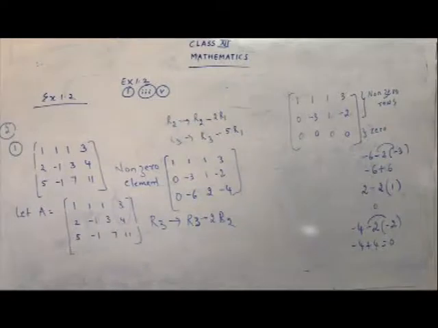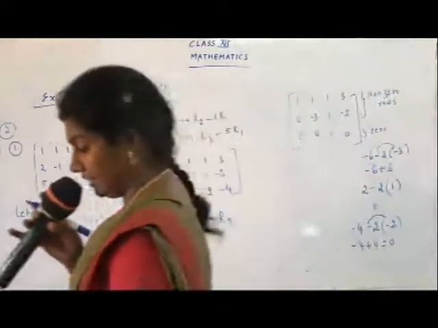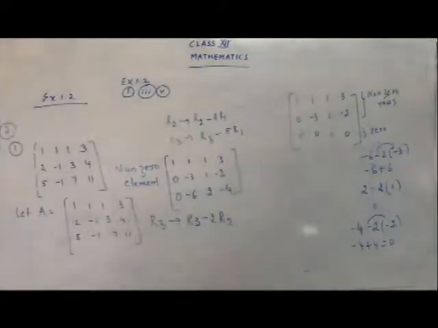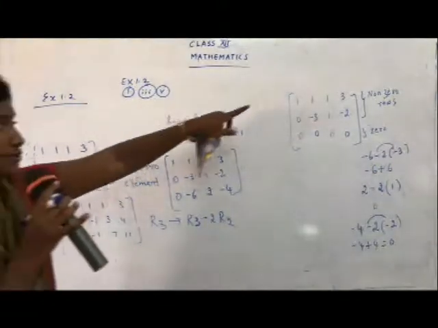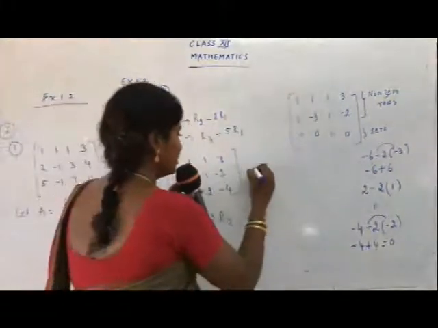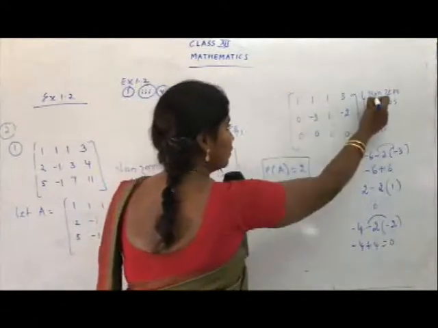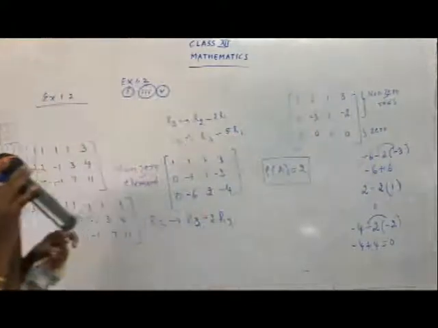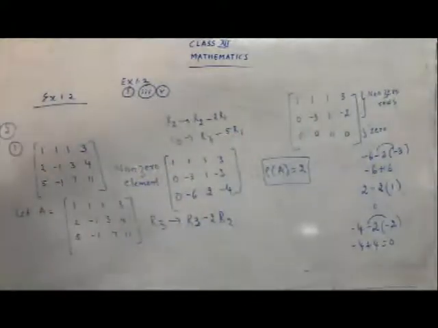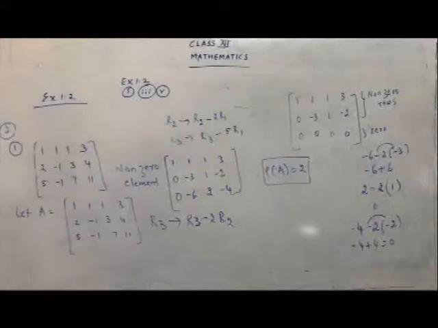Now what is the final part that you are going to find out? We have to find out the rank of the given matrix using the row reduction method. So we have reduced the rows, from 3 rows to 2 non-zero rows. Therefore, the rank of A is equal to 2, the number of non-zero rows. Do not consider the 0 rows; you have to take the number of non-zero rows, that is 2.